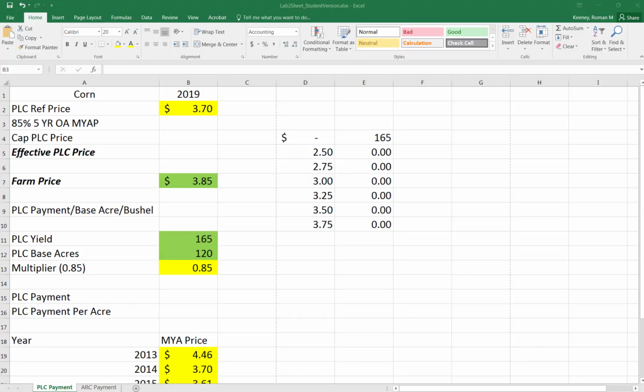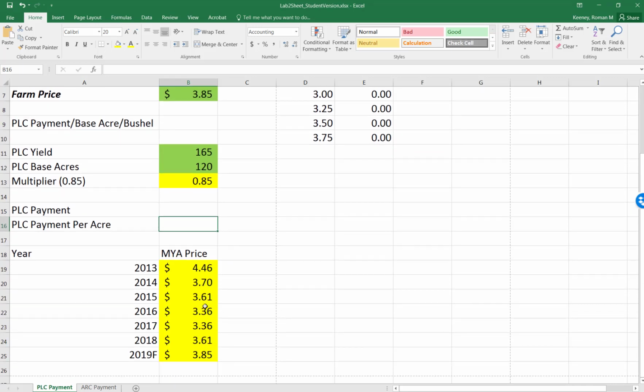Okay, so hopefully you downloaded the spreadsheet, and you can open it up now. We're going to use the PLC Payment tab, or sheet I guess, as part of this workbook. We're going to go through and fill in all the formulas that we would need to calculate a PLC payment, or to build, I guess would be a better description, build ourselves a PLC payment calculator. And I say that because if we do a good job, we should be able to make a spreadsheet that we could use